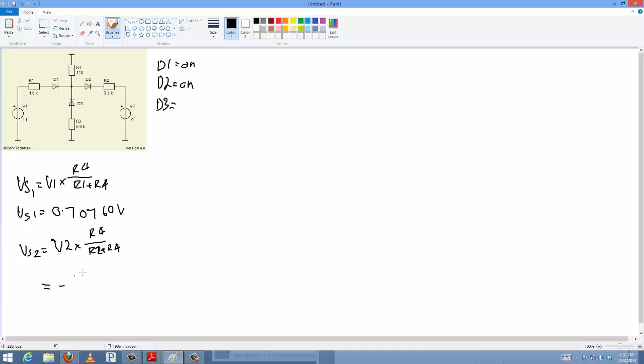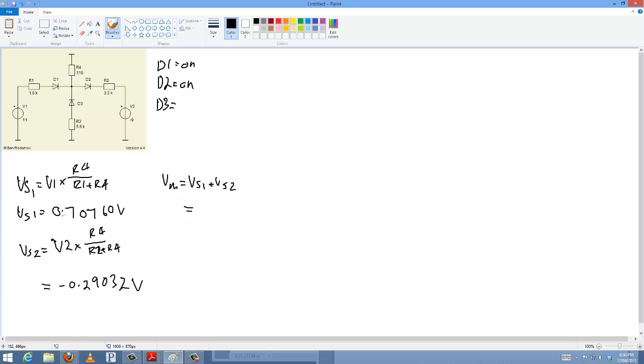That equals -0.29032 volts. And to work out Vm, because it's superposition, you just literally have Vm equals Vs1 plus Vs2, and we